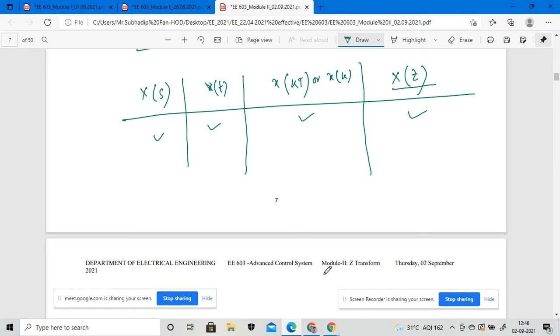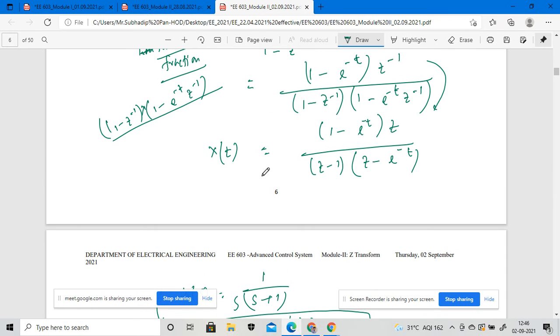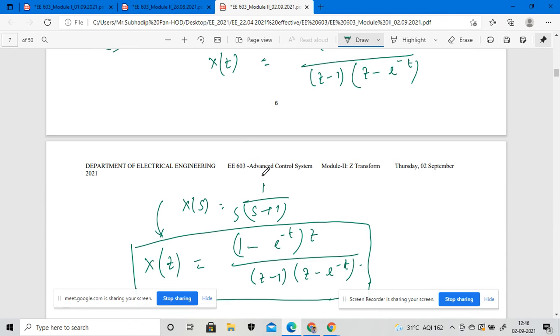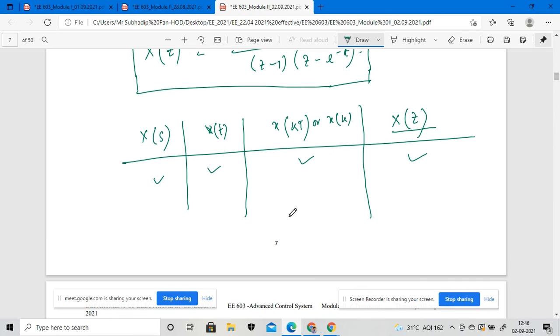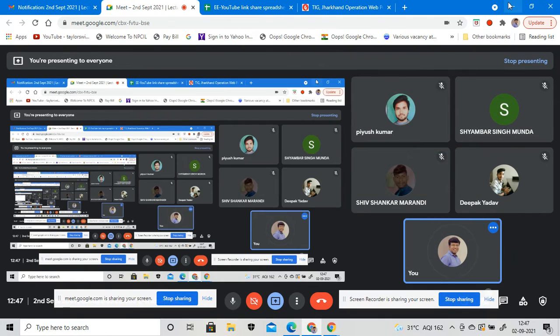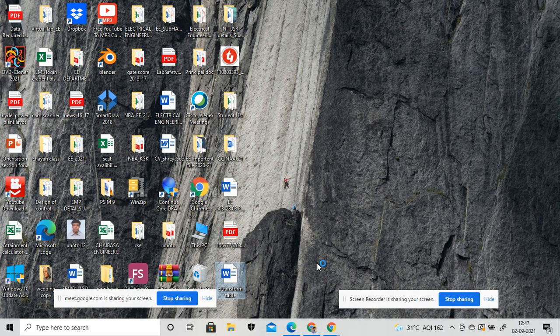Using this particular table, you either have to memorize the table, or you have to calculate the z transformation before finding out any such kind of functions. You can find it using the partial fraction, but if you are not doing the partial fraction, you have to memorize the table. Then you have to implement these particular functions according to the z transformation model. So I will show you the table. The table will look like this.